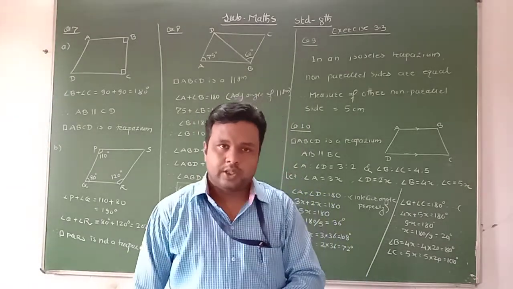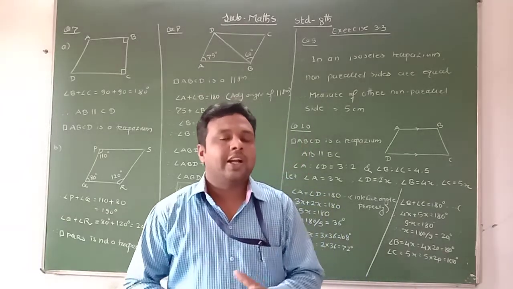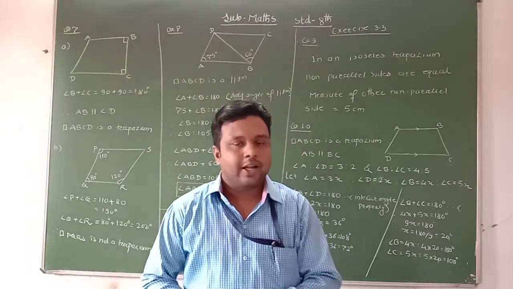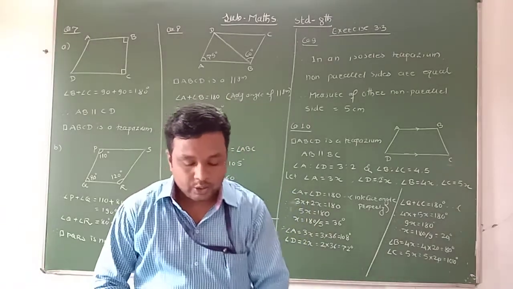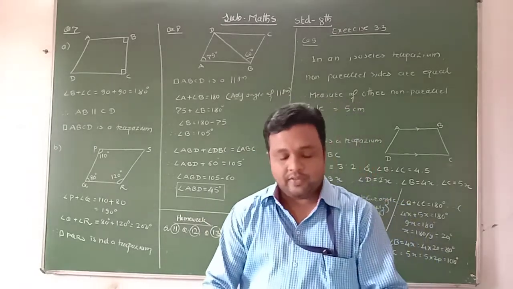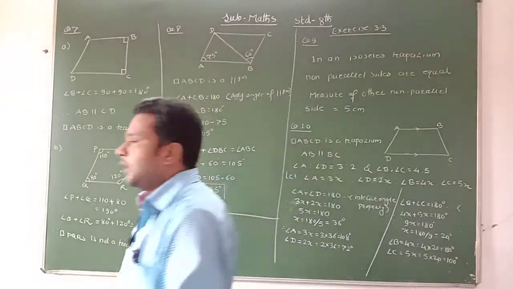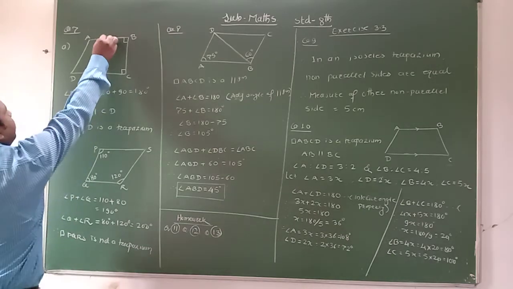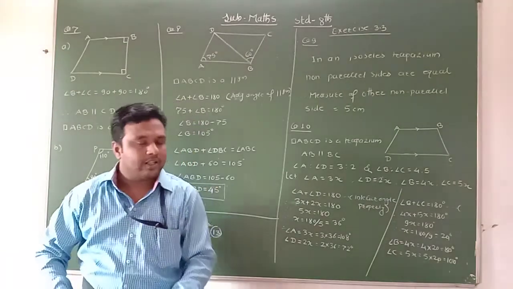Before going to this question, remember the definition of the trapezium. A quadrilateral in which one pair of opposite sides is parallel is called a trapezium. Using this property, here we identify whether the given figure is a trapezium or not. We know the property for the angles formed by parallel lines. In a trapezium, one pair is parallel, then a pair of adjacent angles are supplementary.